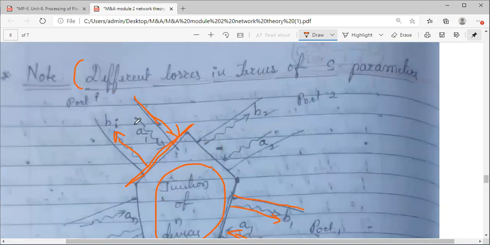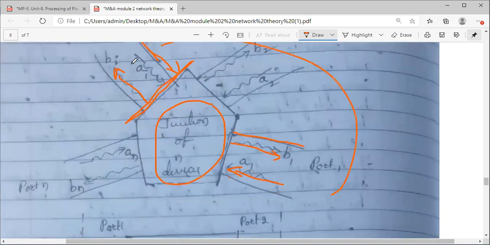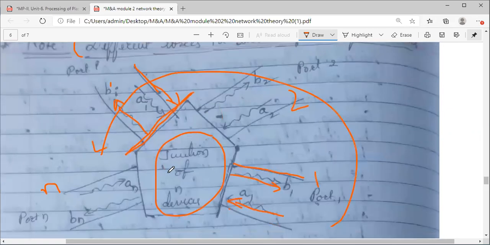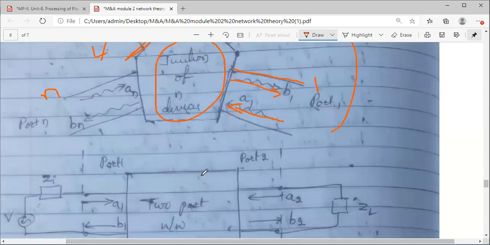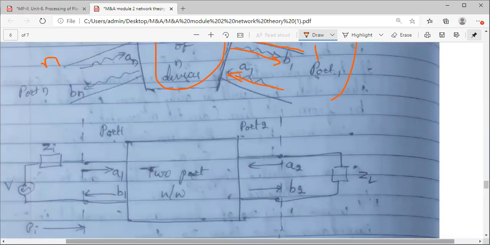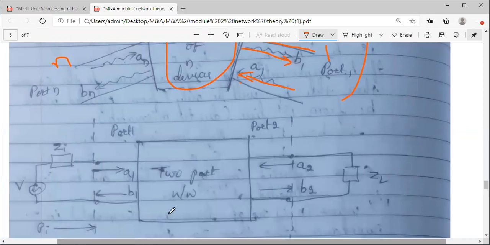Now port 2, how I have written, this is your port I in general. This is your anti-clockwise direction. So 1, 2, maybe in general I, 3, 4, 5, 6 up to N. You can show any direction, no problem. So this is a general junction, a multi-port network I have shown you. Now specifically, I need to specify these losses, and I need to derive these losses in terms of the S matrix. So in order to get the S matrix, I require a specific number of ports. That's why I have taken the example of a 2-port network. For a 2-port network, we have to derive the different losses.